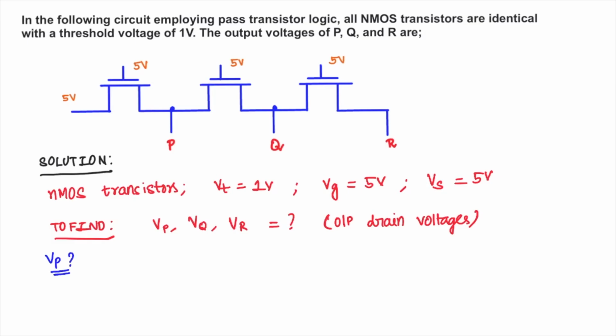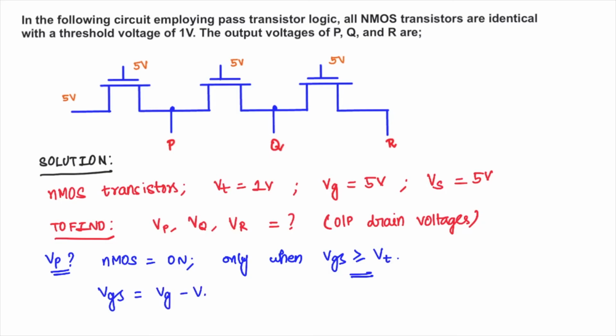Now to find out VP, all these are NMOS pass transistors. An NMOS transistor will turn on only when VGS is greater than or equal to VT. So we'll first check this condition. To find VGS, it is VG minus VS, so 5 minus 5, which is equal to 0 volts. And now, 0 is less than 1 volt. So therefore the transistor